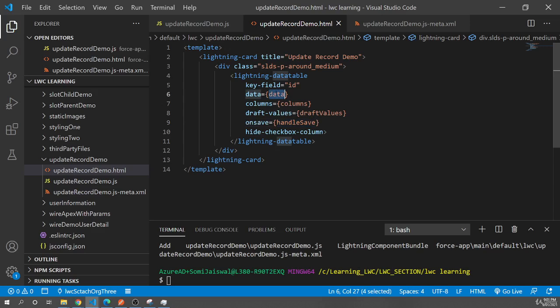So let's see what is everything. Instead of data I'll say contacts. So we'll map these properties now one by one. Okay, so let's go to the JS file